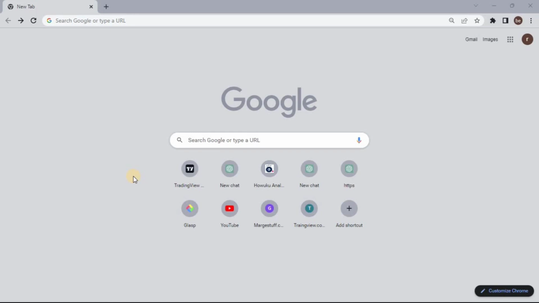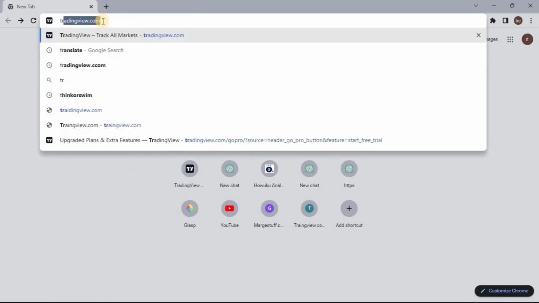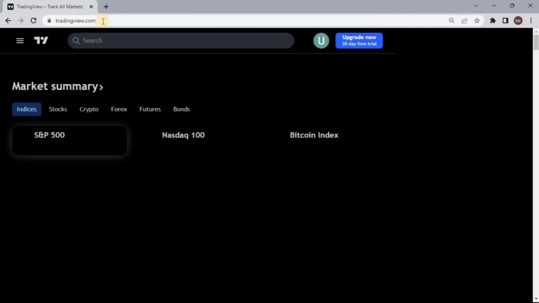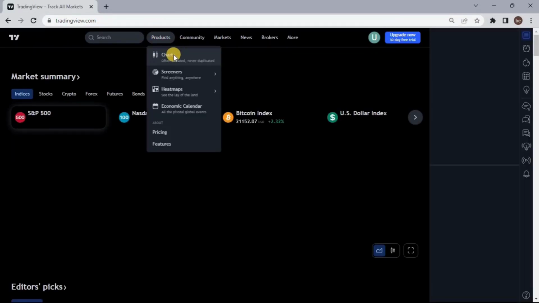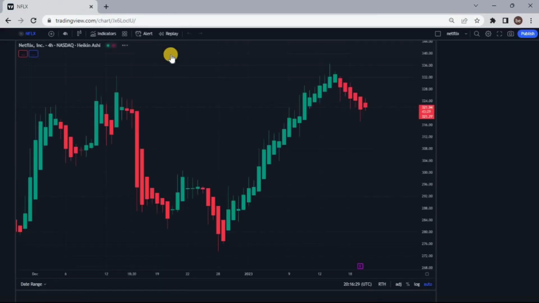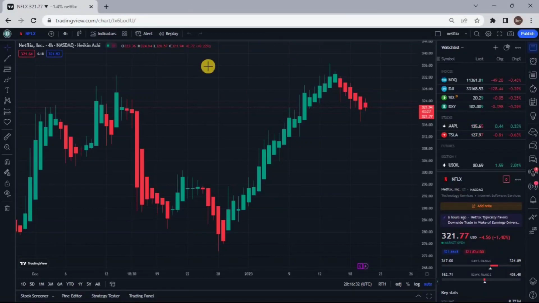So first of all, open any web browser on your computer and then search for tradingview.com. So guys, after coming on the website, click on products and choose Chart Plus. So guys, as you can see, we have now come on the chart page, and right below on this button